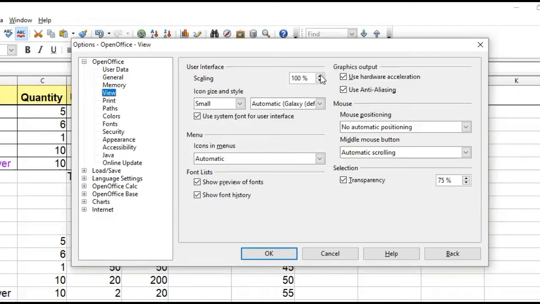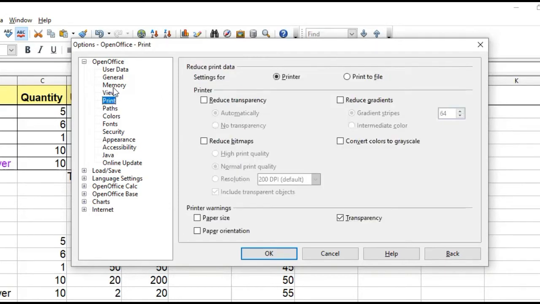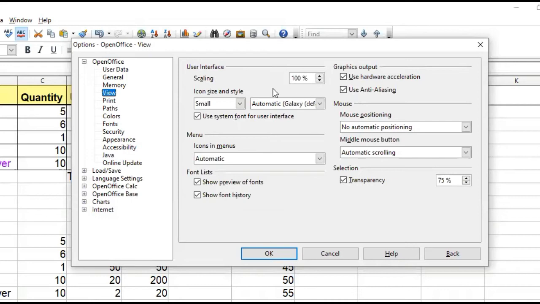Here, in user interface, if you want to increase the scale of viewing, you can increase or decrease. Right now we are in 150% view, because since I am sharing this screen you can easily see that. That's why I have zoomed it to 150%, but the default setting you can make from here. So every time when you open your file it will get this much zoom level.